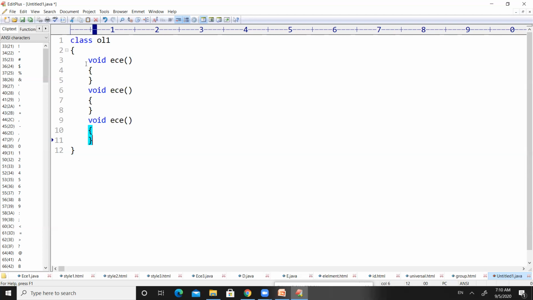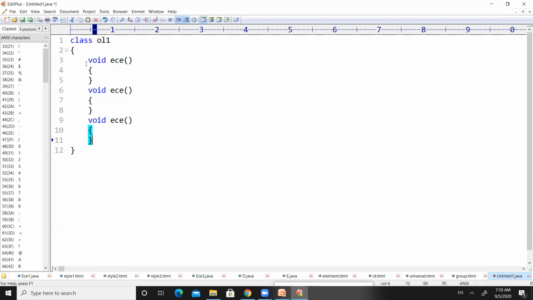So here you can observe we have defined 3 methods or 3 functions where the name of these 3 functions is the same. That means we are overloading the method. But if you want to overload, we have seen one condition in the PPT. You have to show some difference in order to avoid confusing the compiler, right?